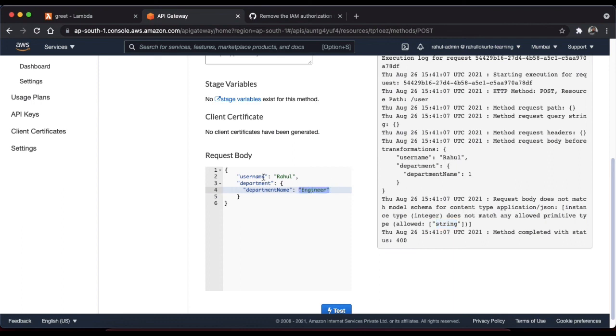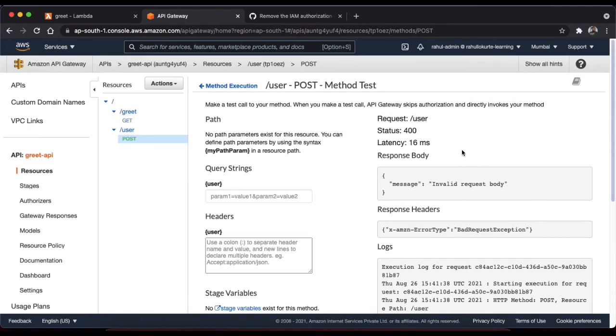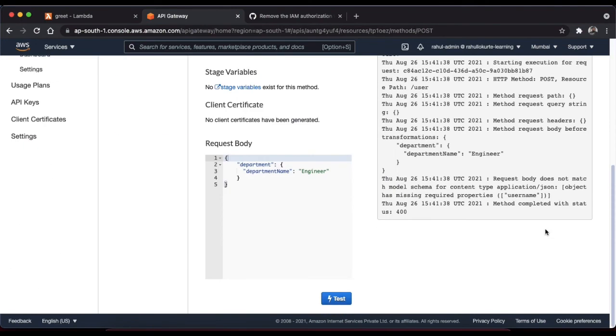Now one more scenario: we have mandated that username should be present. So let us remove username. Now let us test it. Again we get a 400 because it's an invalid request, because the object has missing required properties. Username was a required property but it is missing.